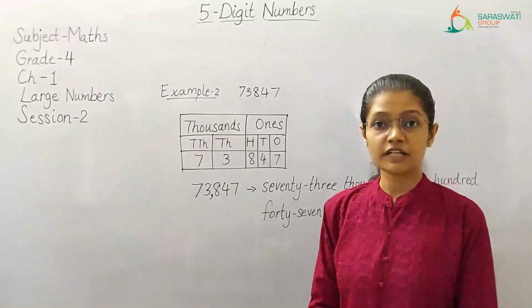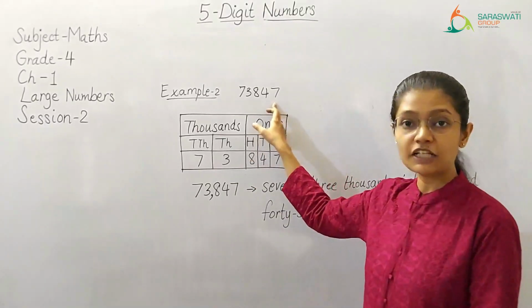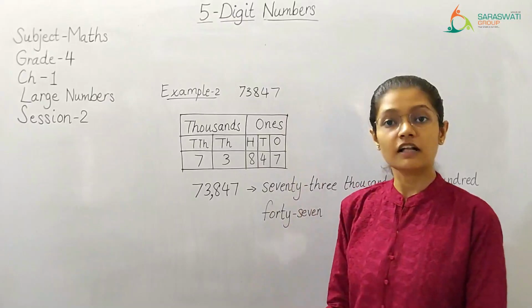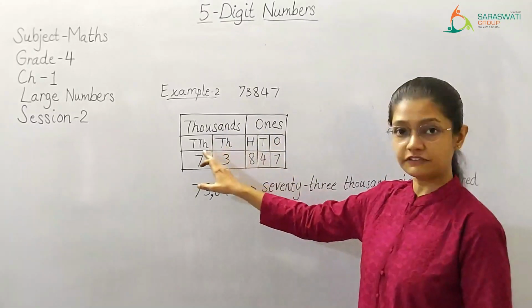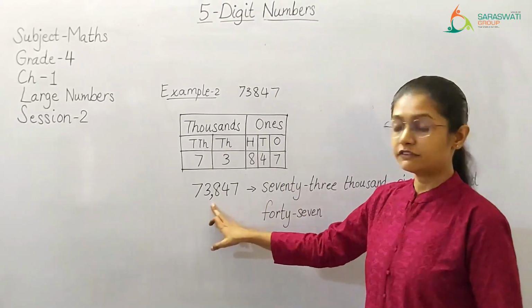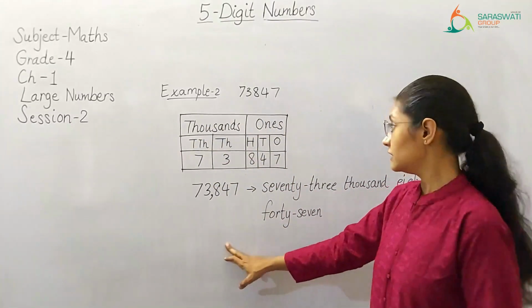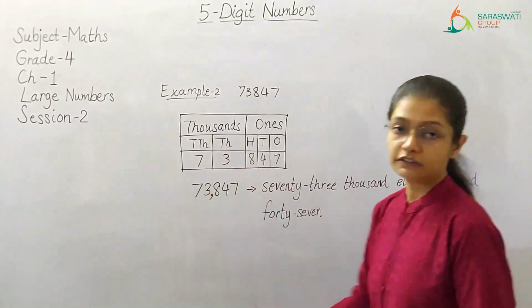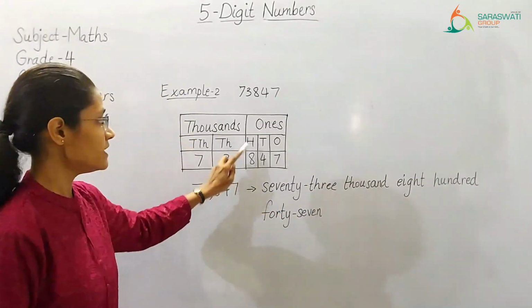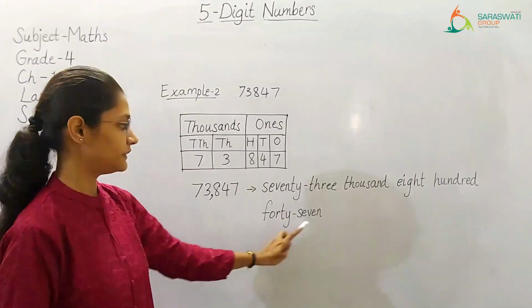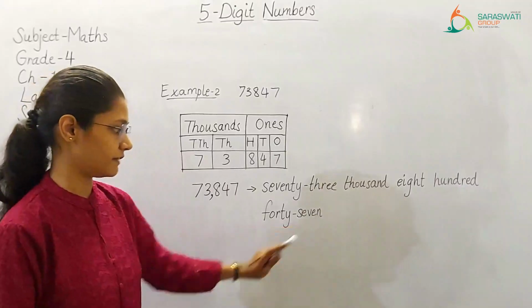So now students, let us look at example number 2. We have to show this number on the place value chart and write it using commas. Also, we have to write it in words and read it aloud. So this is written in the place value chart with ones and thousands period and the places. Then we have written it using the comma to separate the ones and thousands period. Now, to write it in the form of words, we start from the thousands period. So, starting from the thousands period, 73,847. And don't forget the hyphen over here while writing 73 and 47.